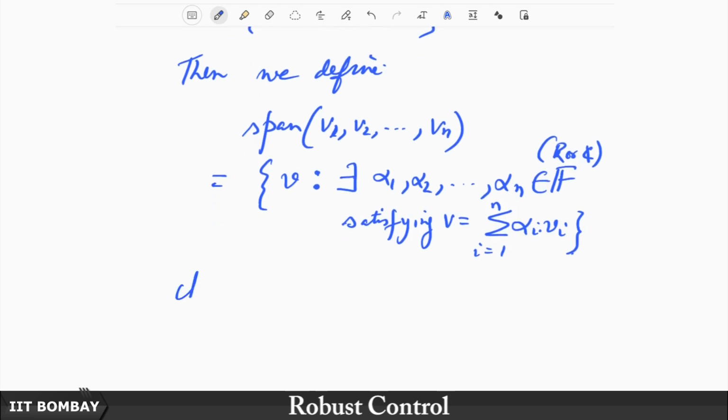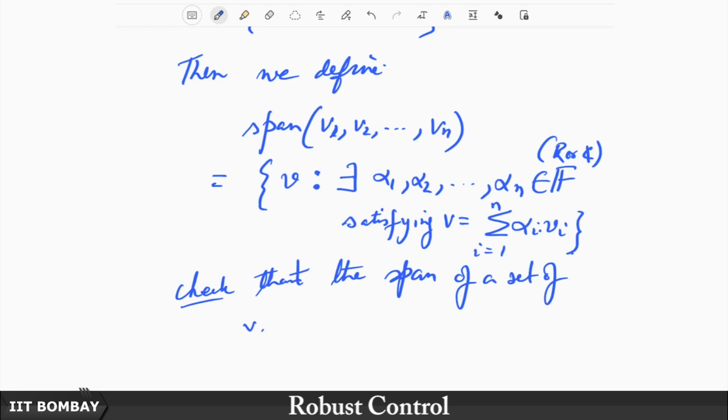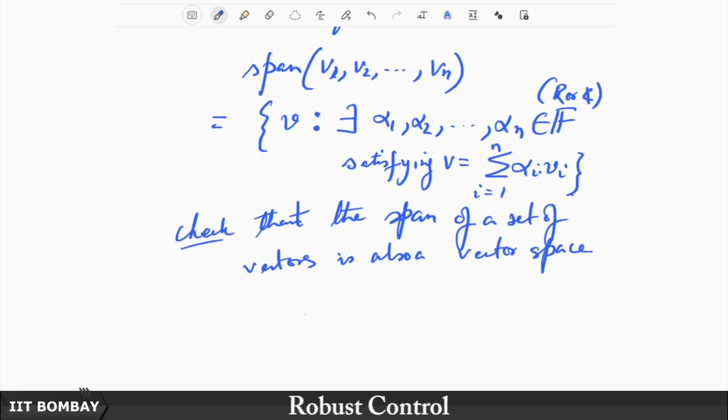Now, again I leave it to you as an exercise to check that the span of a set of vectors is also a vector space. In fact, you see that if V1, V2 dot dot dot till Vn